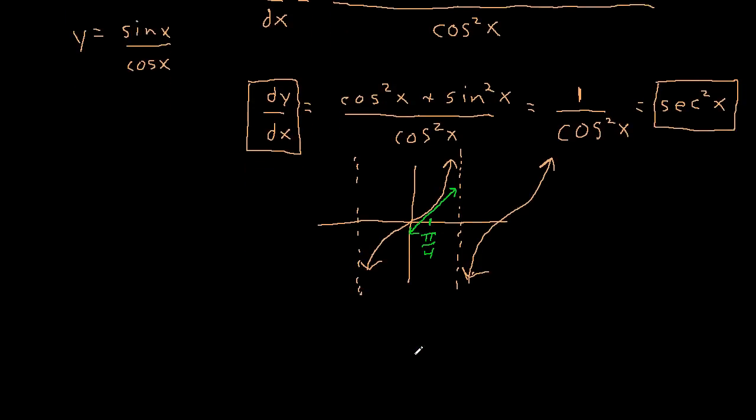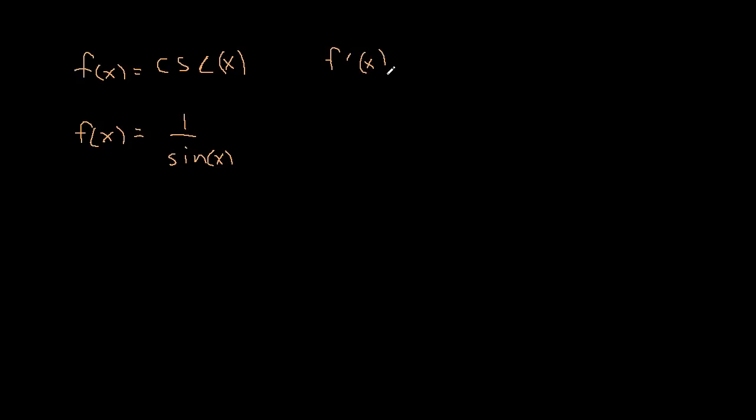Okay, let's look at one more example, and let's look at one of the reciprocal functions. How about cosecant? I'll use function notation this time, just to mix it up a little bit. Cosecant of x. Well, I'm certainly not going to use the limit process on this, but I'm going to do the same thing that I did in the prior example, which is rewrite it in terms of a function that I know the derivative of, and I know sine's derivative. So now let's go ahead and find the derivative of cosecant